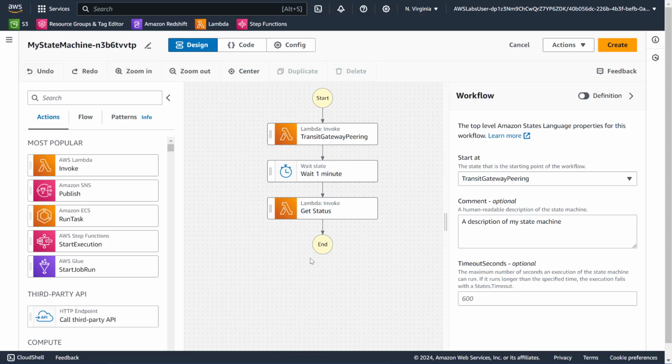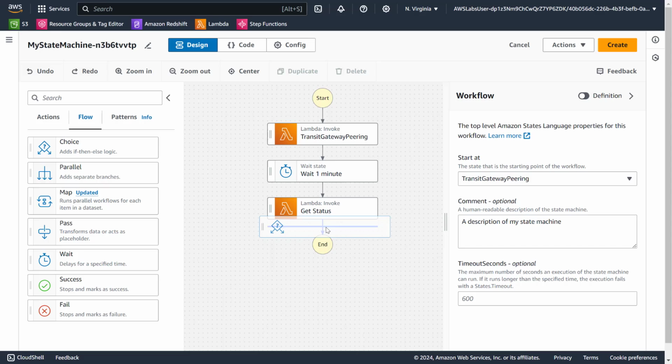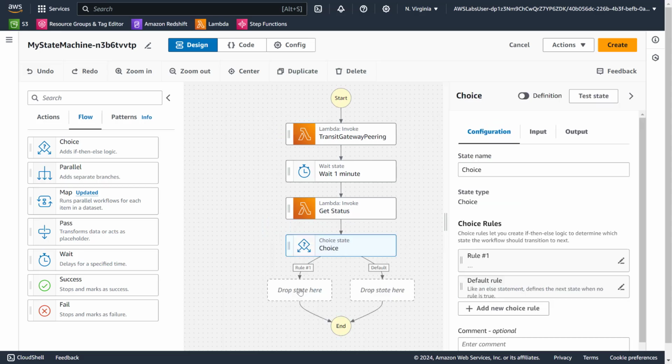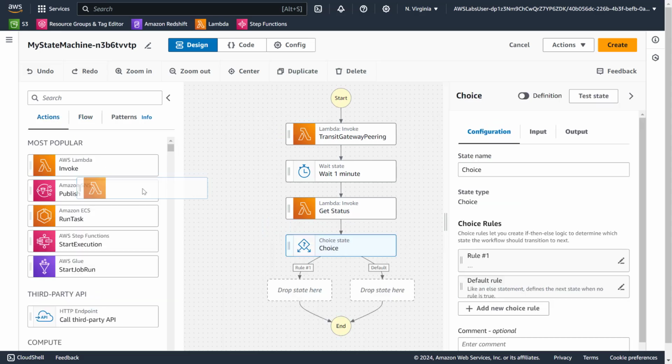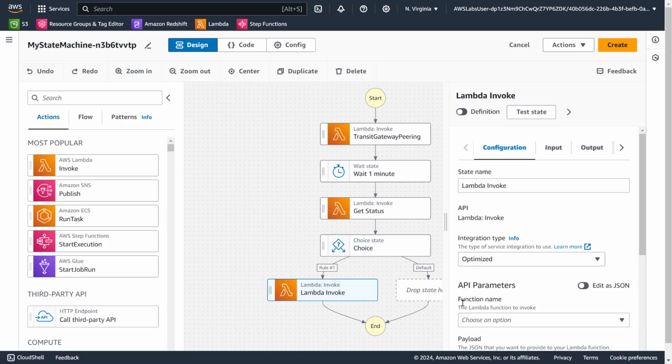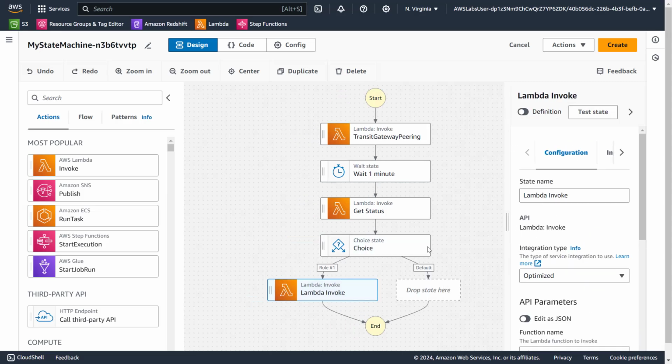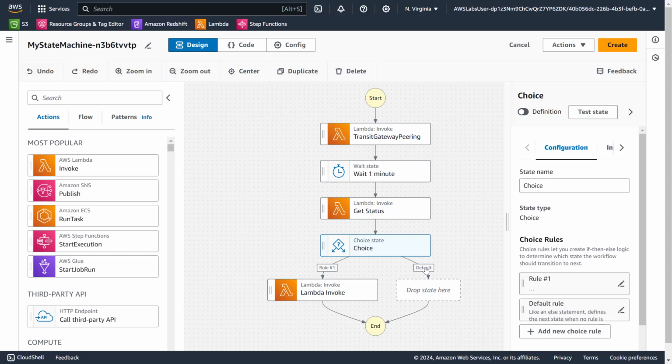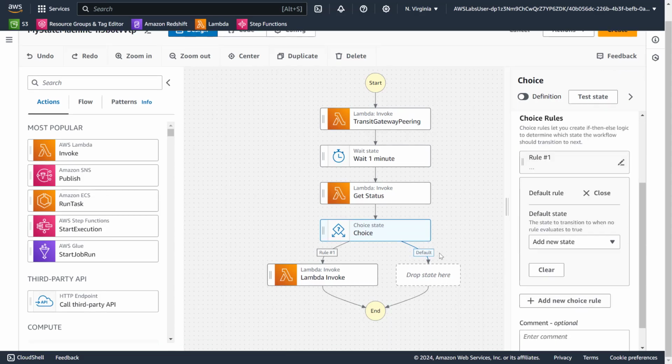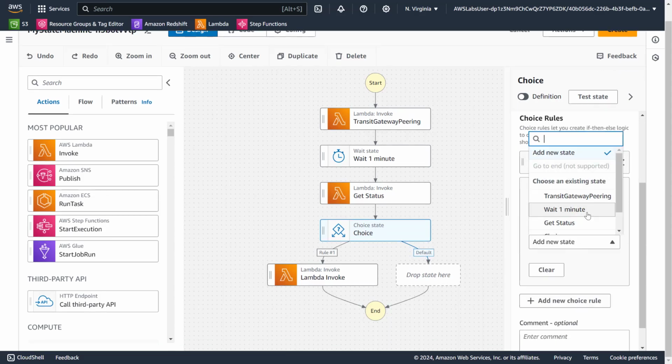I think that okay. Once we add that, what are we going to do? We are going to select choice, drag and drop it, and here we are going to again trigger a lambda, correct? And choice, if it is default, I can just select this one and I'm going to go to wait,